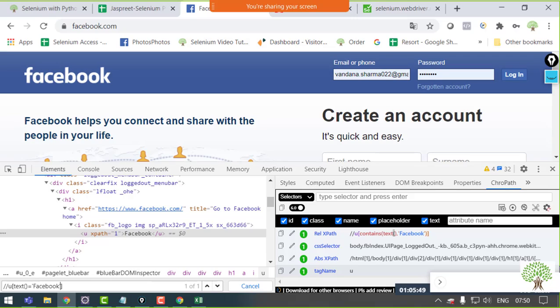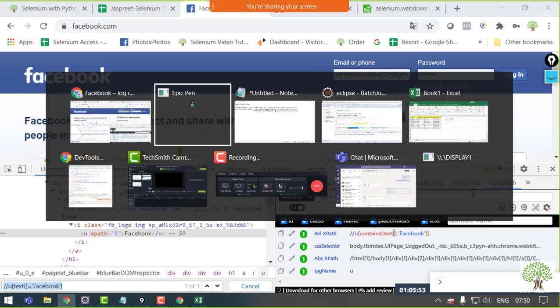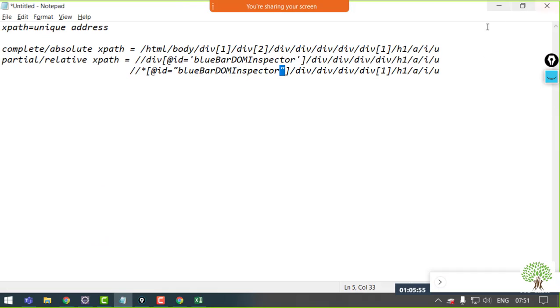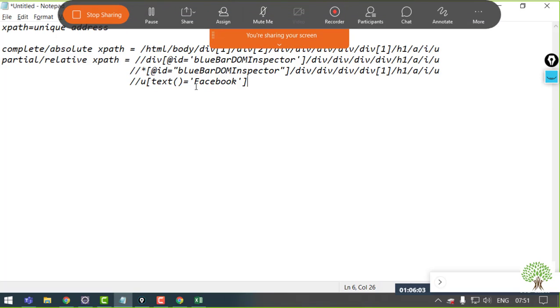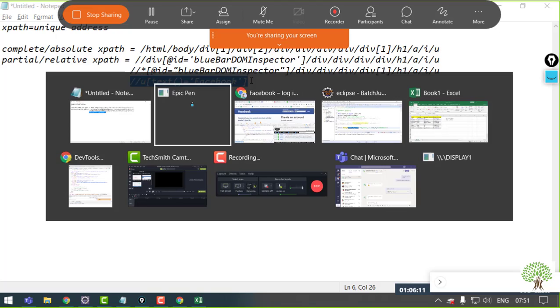So this is another way that your Facebook text is going to be extracted on the web page. If you have to extract some of the text on the web page, then you can do this. Just give the text of that particular element. Fine. So this is also going to work fine. This is also a partial XPath.